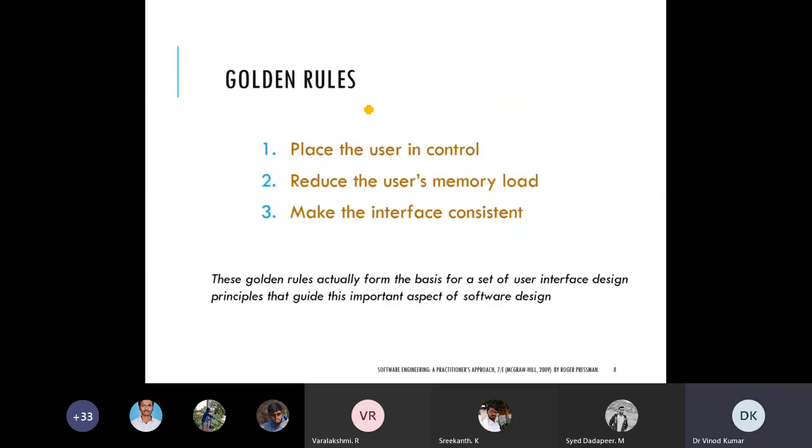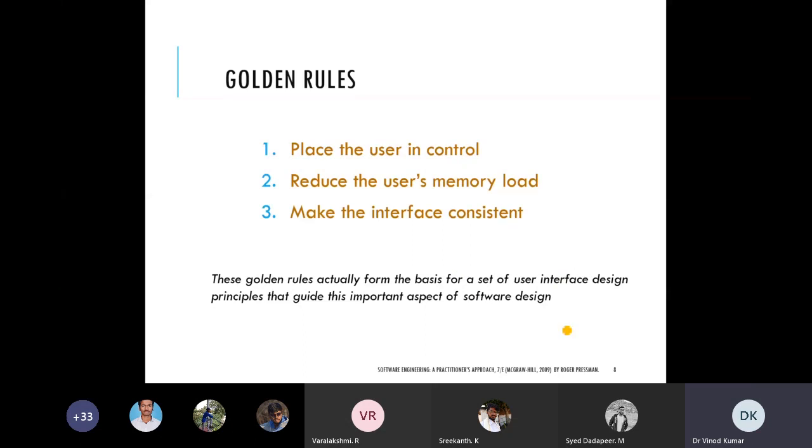So what are the golden rules? The golden rules: first, place the user in control; second, reduce the user's memory load; third, make the interface consistent.